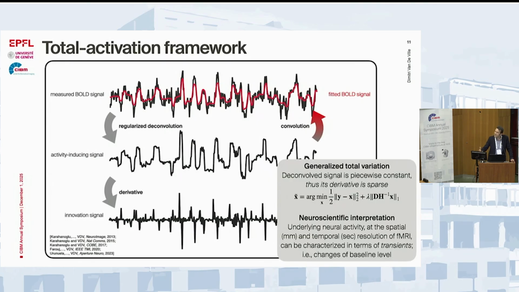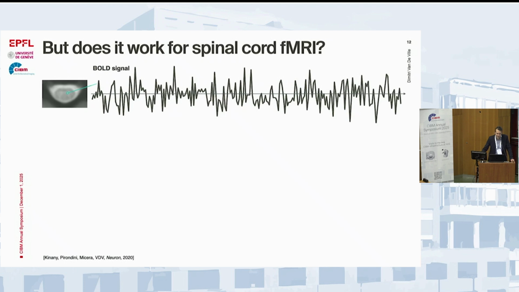Okay, and those transients should be relatively rare in time. How rare depends on your regularization parameter, but you can see that there are indeed quite convincing looking fits to those time courses. So we leverage that a lot for brain fMRI,